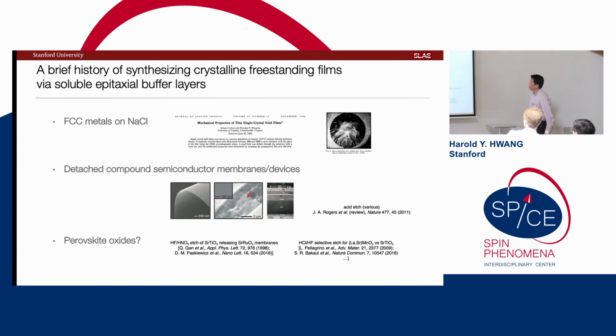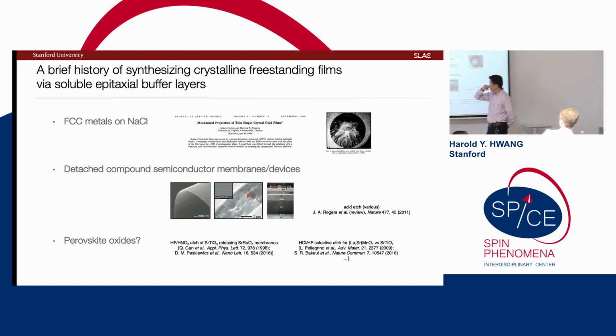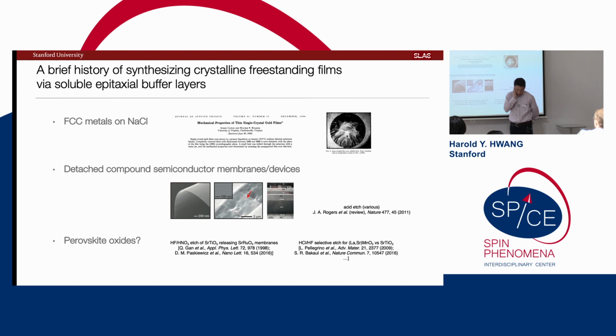Okay, so let me tell you a bit about freestanding films. Like everything else, it's not a new idea. I think this is the first example I know of in the literature. In the 1950s, people found you could grow FCC metals on sodium chloride. It fits pretty nicely. And so this paper was growing nominally a single crystal gold film where they squirted water in the backside and left a freestanding membrane of gold and started to play with its mechanics. In fact, there are some commercial processes where people actually grow on salt crystals in order to release, let's say, fragile or metal membranes.